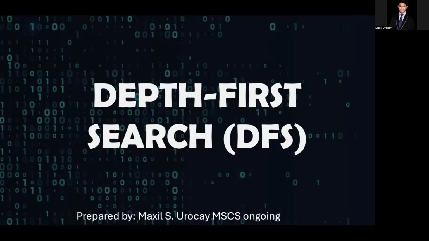Okay, so in this video, I'll be illustrating the depth first search. This will be another searching algorithm in your algorithms and complexity. So let's start with depth first search. In this one,